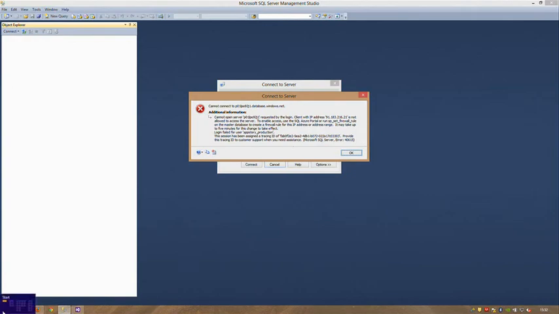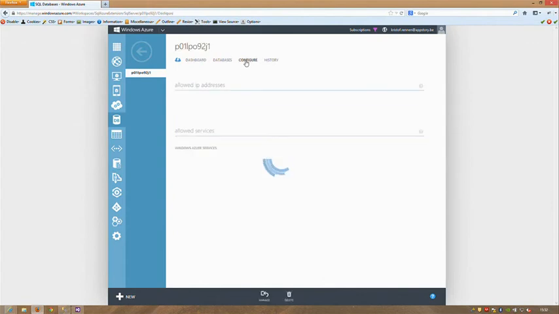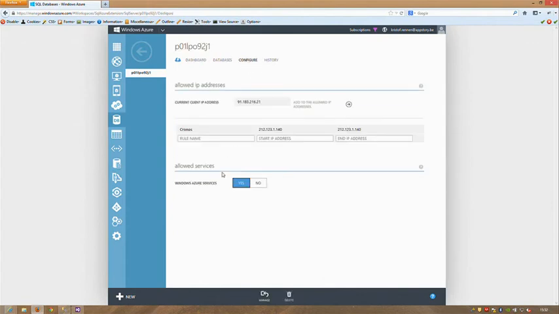So to go to the portal, you will see that if we go to the server configuration, by default, the allowed services, which is the bottom part, says, okay, Windows Azure is allowed to connect to this database and use the data from this server. So the firewall is configured so that any machine which is running in Azure can connect to this server and do some queries on the database, but from the outside, it's not allowed. So if you want to do that, you see here some range of allowed IP addresses which you can allow access to connect. So by changing these values, you're opening up the firewall so that from outside you can connect